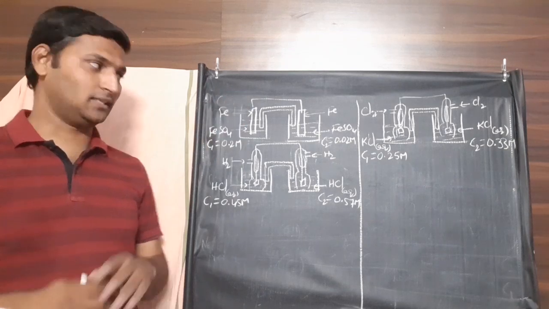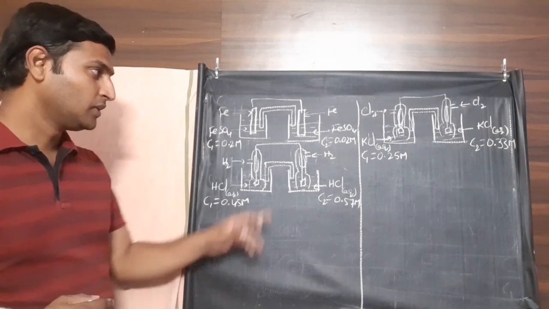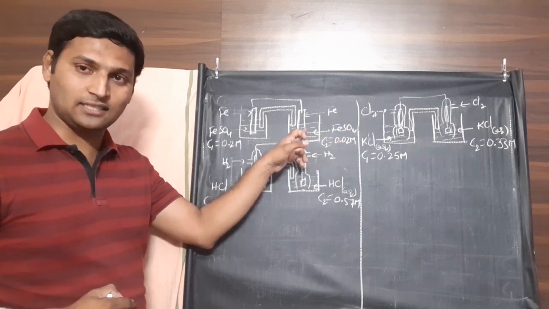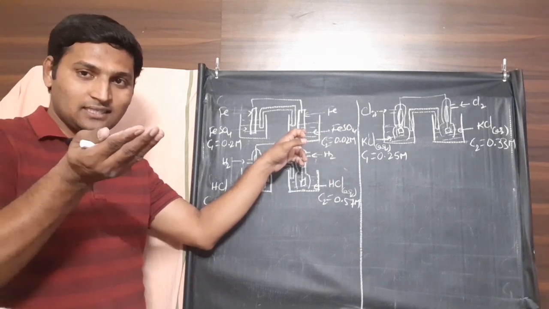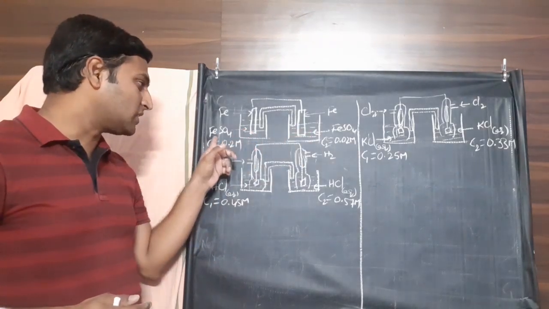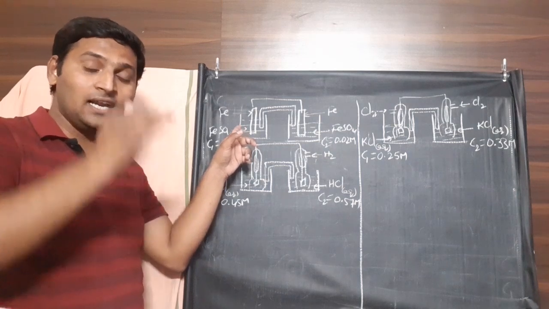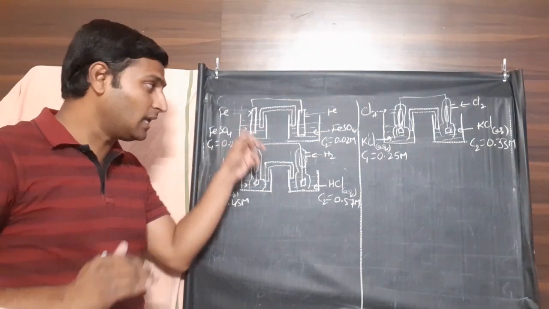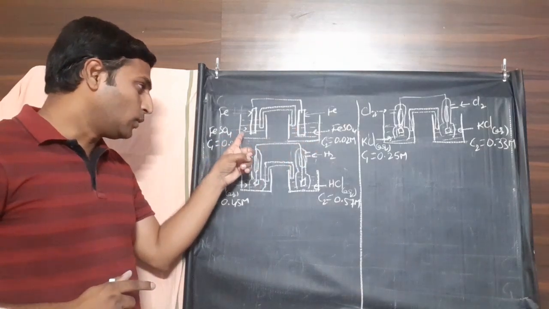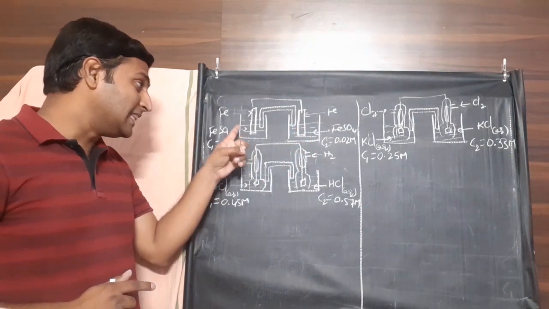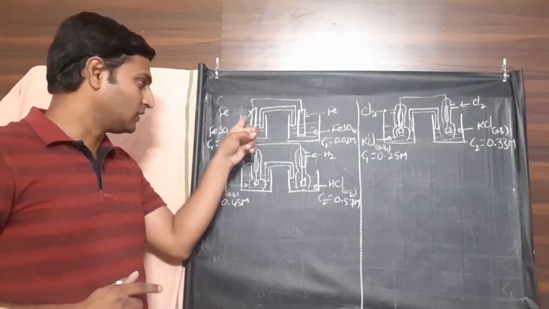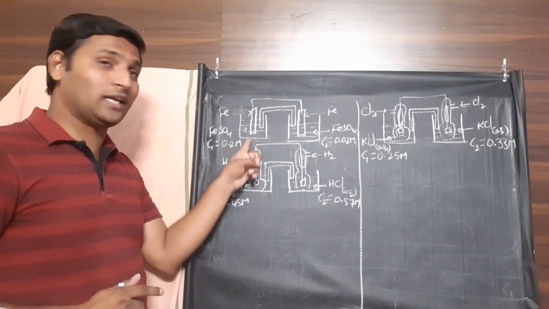Let me give you the answer. As I was just explaining, the electrode where the concentration of cations, ferrous ions, is lower tries to increase its concentration until it becomes equal to this. Similarly, the electrode in which the concentration of ferrous ions is higher tries to reduce its concentration until it becomes equal to this. Now, to reduce the concentration, the ions should undergo reduction to become metal. That's why ferrous ions will be undergoing reduction here.